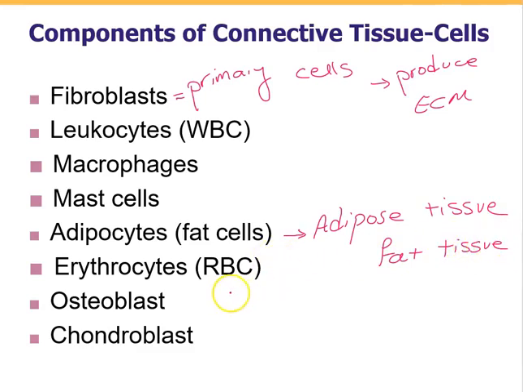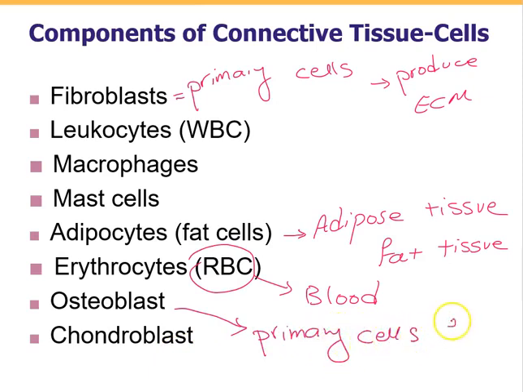Erythrocytes or RBCs, red blood cells, are going to be found in our blood. Also the leukocytes. The osteoblasts are the primary cells